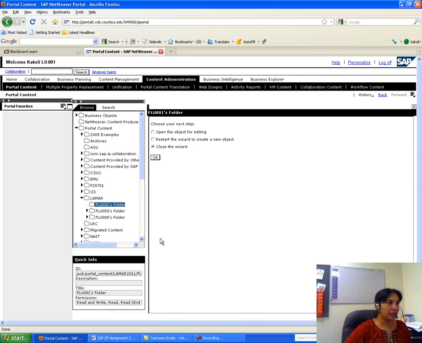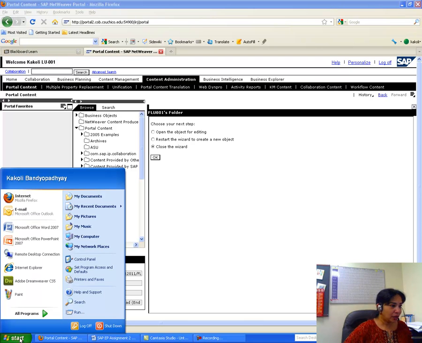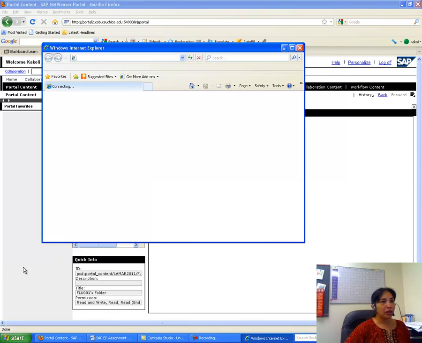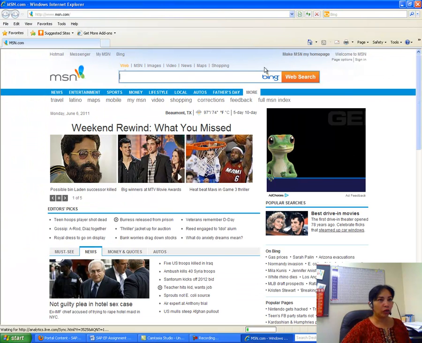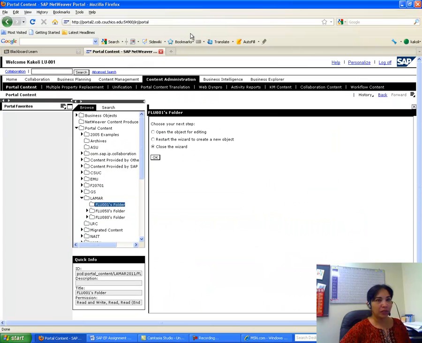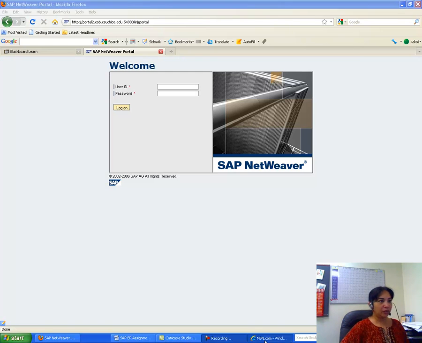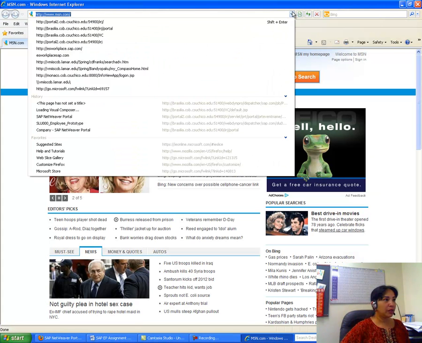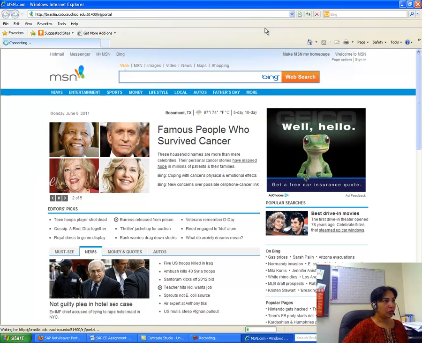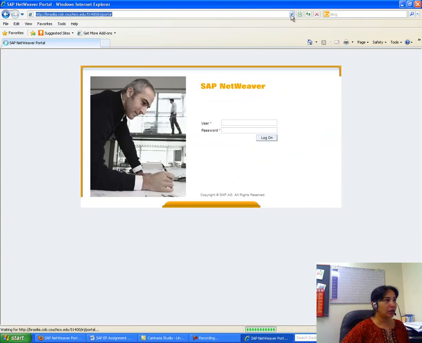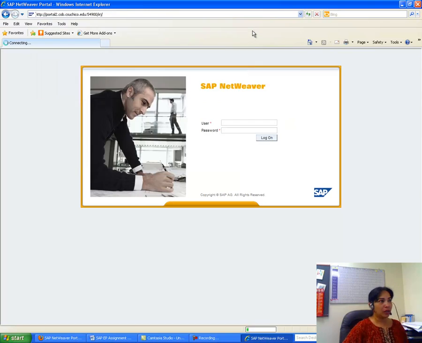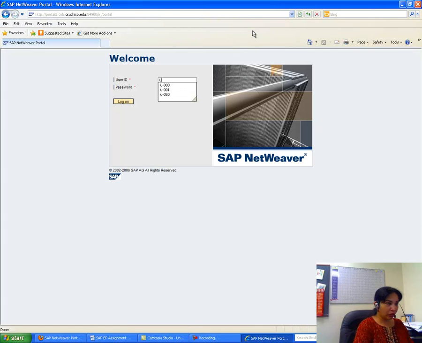It's giving me some trouble. I'm using Firefox and I should not be using that, so I should be using Internet Explorer 8. Okay, so let me move on to 8 and let me just log off from here. Are you sure you want to log off? Yes, I want to log off from here, and let me use another browser. Okay, so let me use this browser, which is, no, not this one, sorry, I need to use Portal 2. So this is my Portal 2 browser. Okay, so let me log on as 001 and